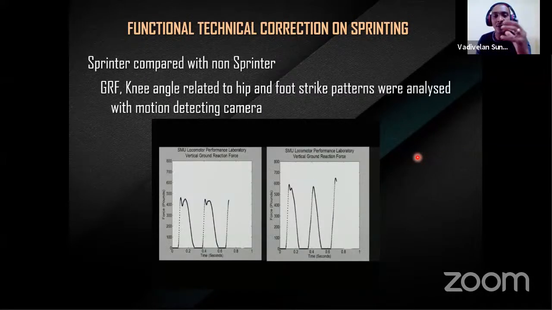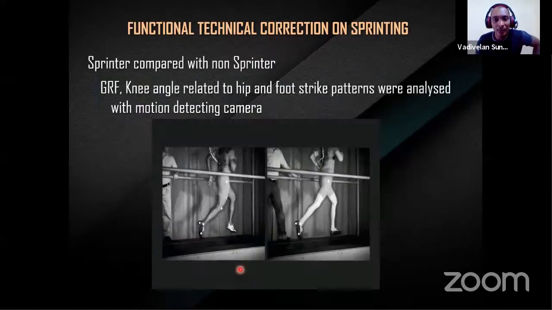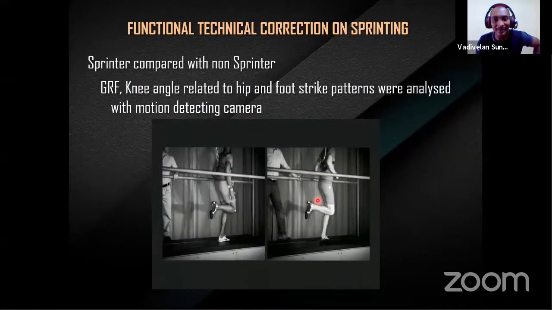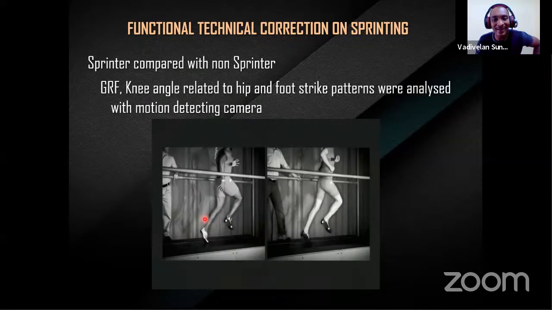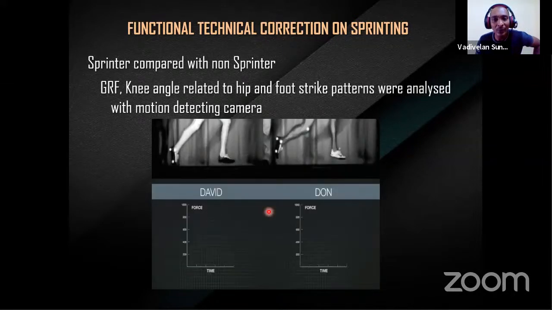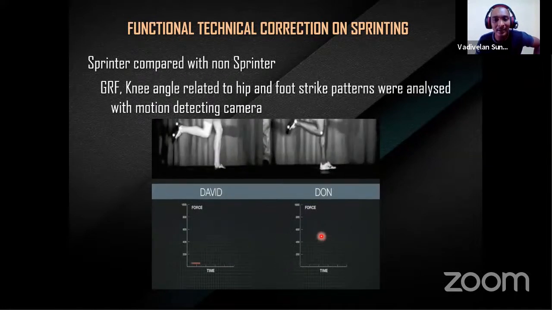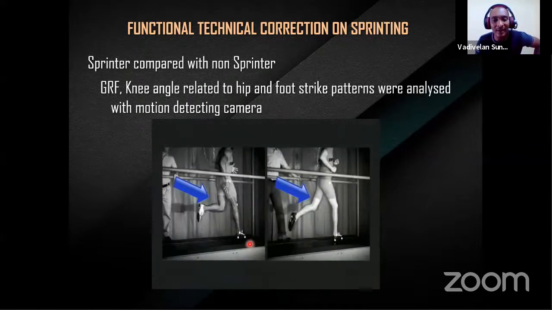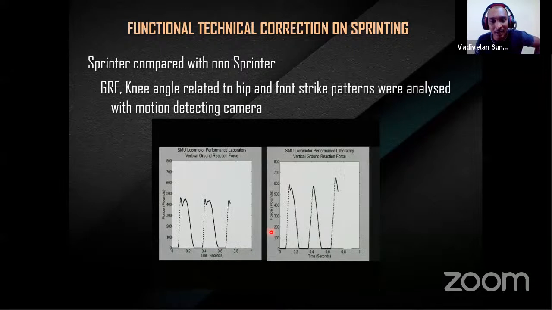We look for functional corrections, where the non-athlete is lacking in his function. If you see this one again, he's an athlete, he is a non-athlete. See his knee action and how his cycle goes. The ground reaction force of the athlete is almost 700 pounds, and the non-athlete is 500 pounds. How is it achievable? Flexion. Here I repeat once again.